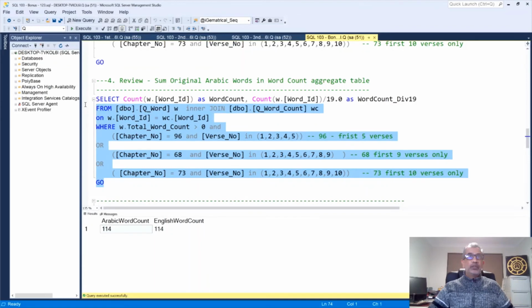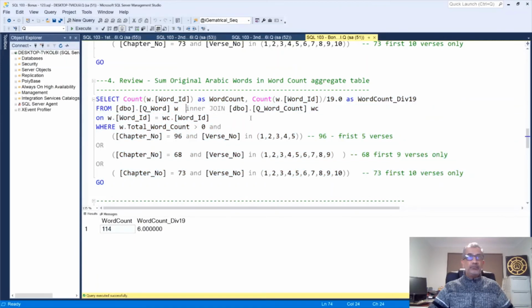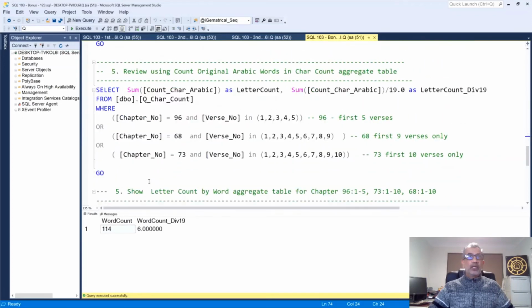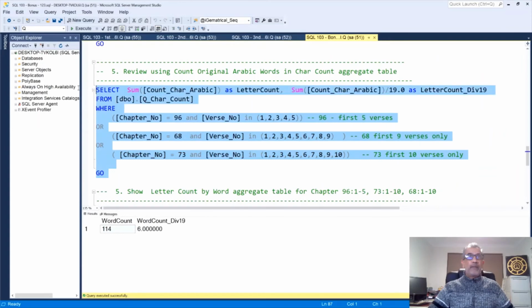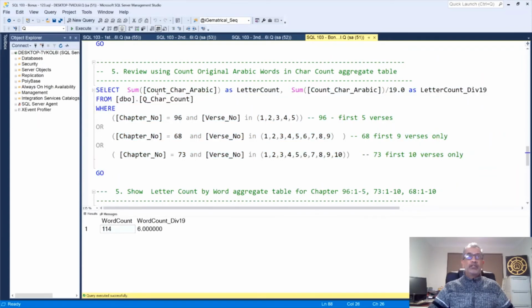Another way to do it is to run it like that, where I'm joining it to the word count table, and then I'm also summing it up. That's another way. And then for the characters, I'm doing a sum on the Arabic characters. I could do the same on the English, matching English ones.